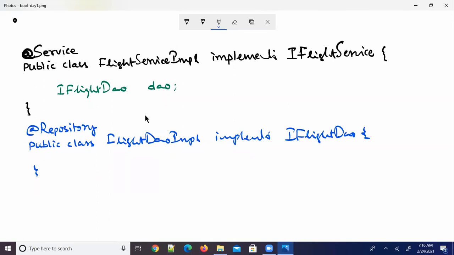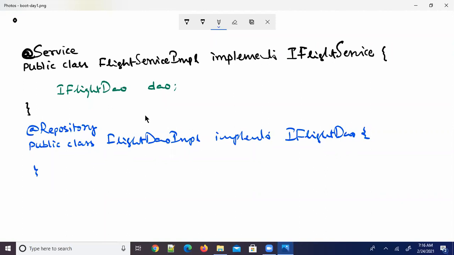If you look at this now, there are two Spring Bean components. What are the two Spring Bean components? One is FlightServiceImpl, the next one is FlightDAOImpl. Of course, this component works in the service layer, this component works in the repository layer of the project. So this stereotype is an indication. Now, your FlightServiceImpl depends on FlightDAOImpl, because FlightServiceImpl wants to invoke some operations through the DAO.